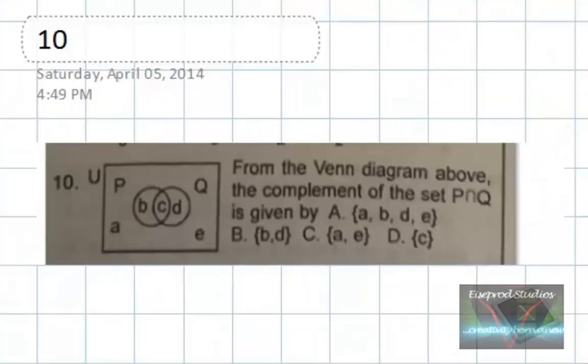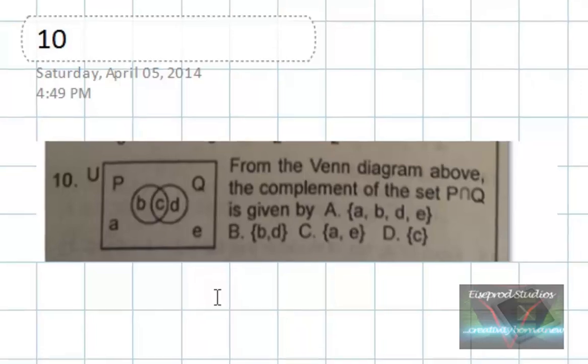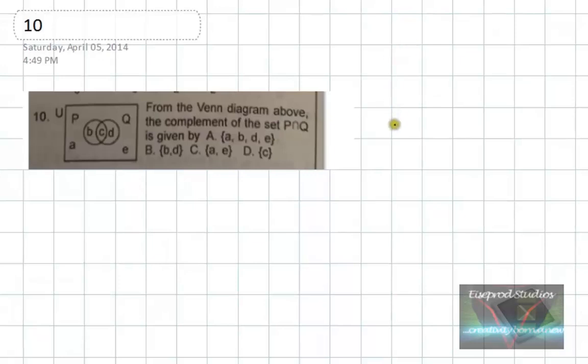So here we have question 10, and it says from the Venn diagram above, it means the one right next to it actually, the complement of the set P intersection Q, is given by, and then it gives us some options. So first let's review what intersection means. So here we have the intersection symbol,